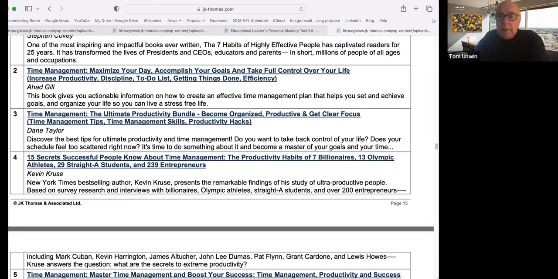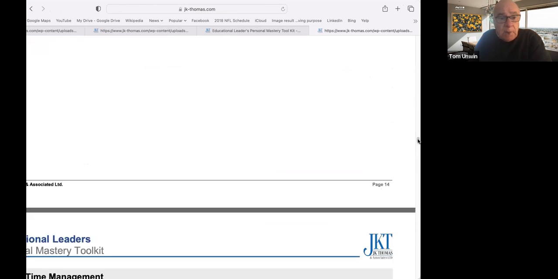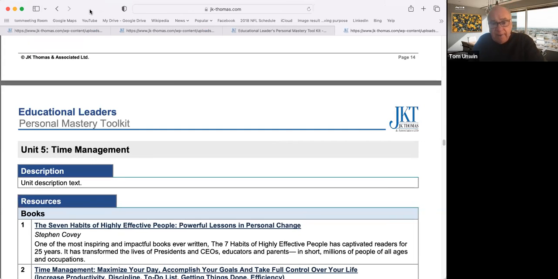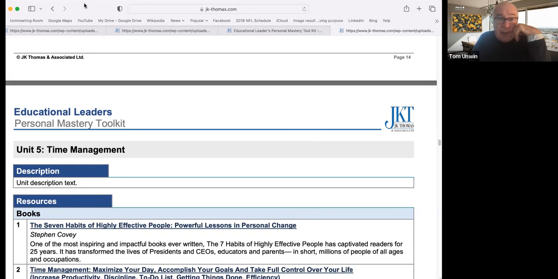For example, one of the books on the list here we'll be talking about a little bit more today is Stephen Covey's, I'll scroll back up here, The 7 Habits of Highly Effective People. And you just click on that link, you can buy Covey's book, and that's one of the timeless resources that's available, or the timeless books written on time management. And it's also sort of a life management book as well as time management. And it's just a classic. And if you haven't had a chance to read it, I'd suggest you do.